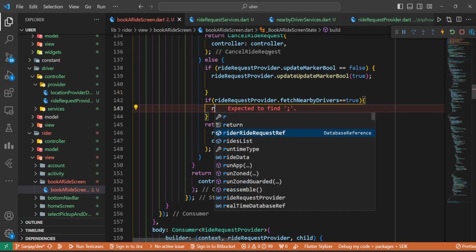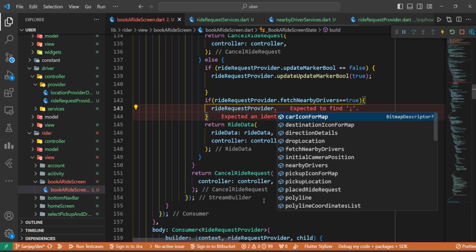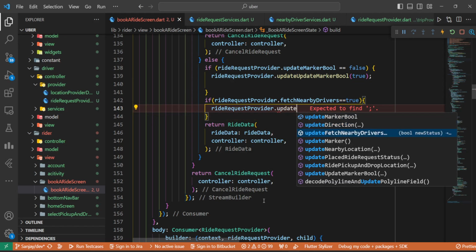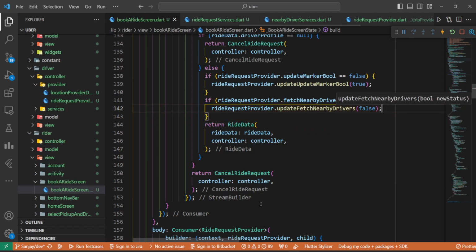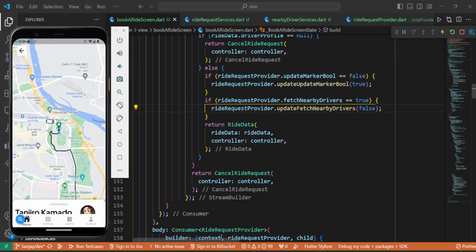Ride request provider dot update fetch nearby drivers to false, and we are good. So what it's gonna do is like that whenever the driver accepts our ride request, it's